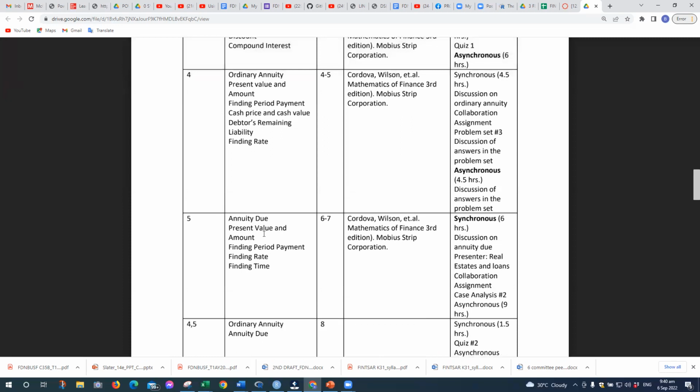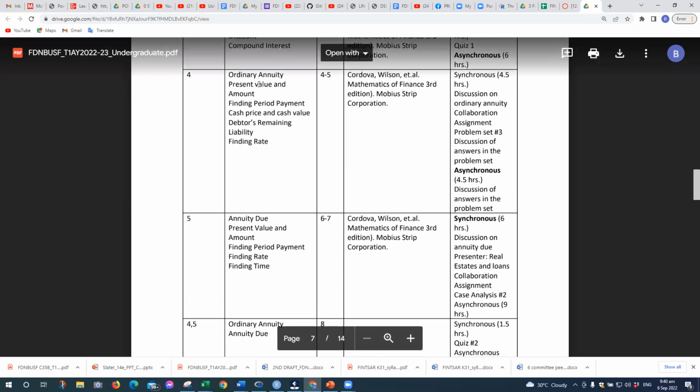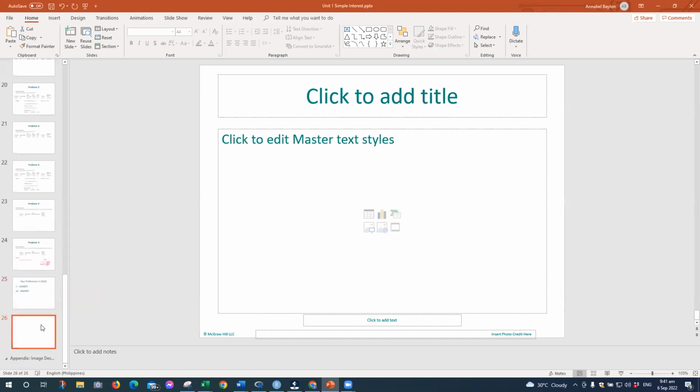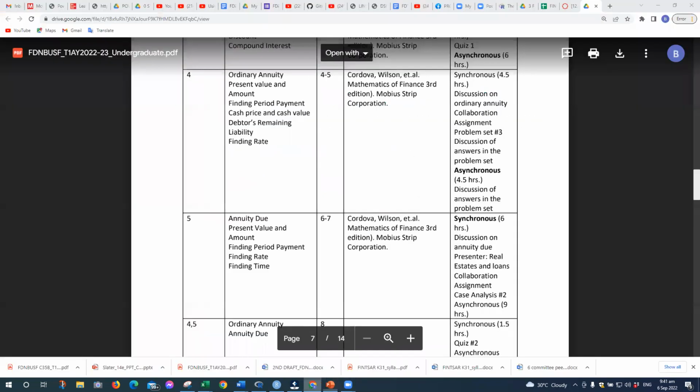Okay, what's the difference between ordinary annuity and annuity due? So let me flash my PowerPoint. Can anyone explain? Have you met that term, ordinary annuity and annuity due? Okay, sige, let's first, let's call